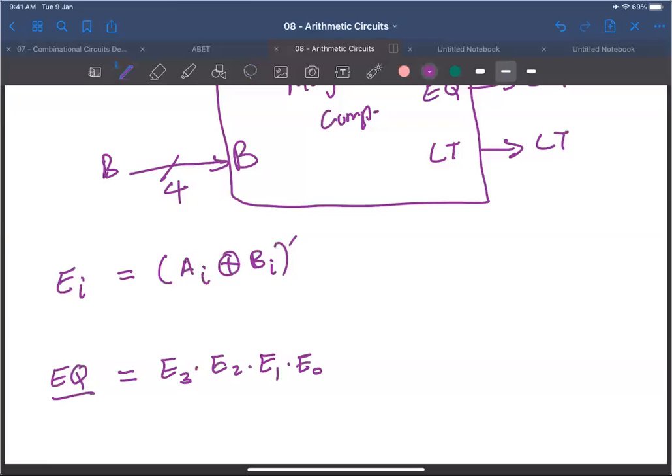Do you follow? Is this clear to you? Guys, I need feedback here. You mean, Doctor, 4 bits will be the